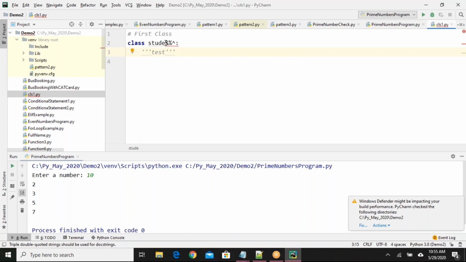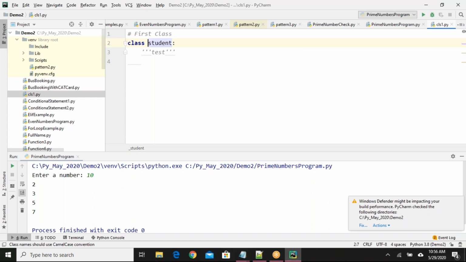So I cannot use any special characters here, and I cannot start my class name with numbers or special characters. I should not start my identifier name with numbers. It is allowed to start with an alphabet or underscore. This is how we have to create a class name. The same rules which we have learnt for declaring a variable and a function are applicable for declaring a class also. That point you have to remember: the rules for identifiers are common.